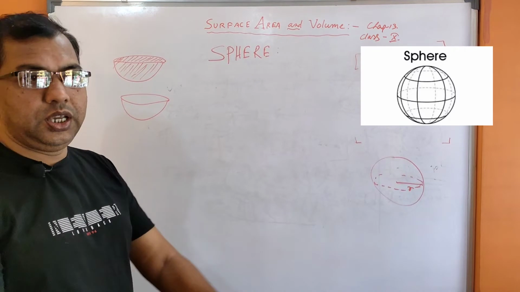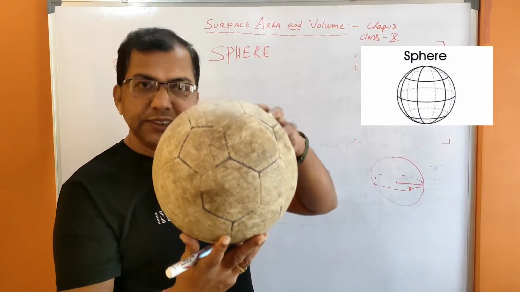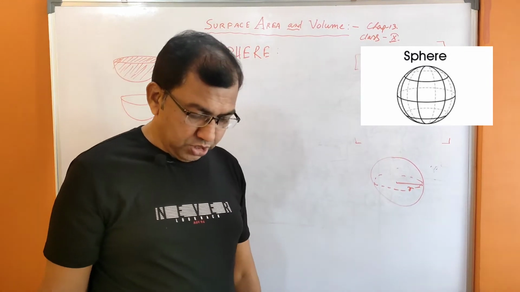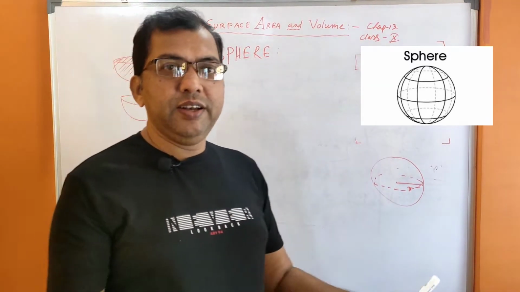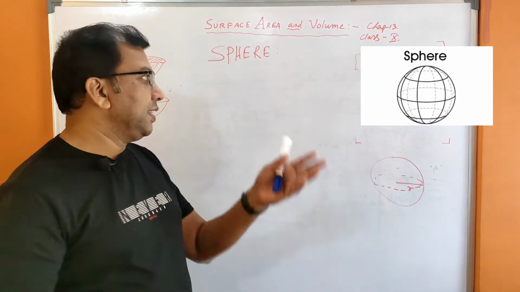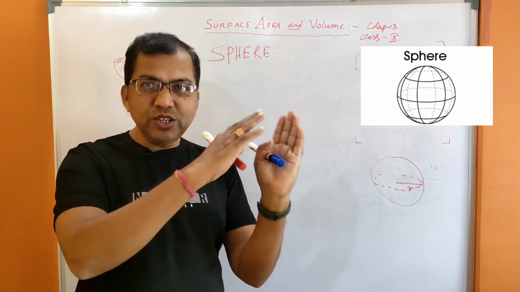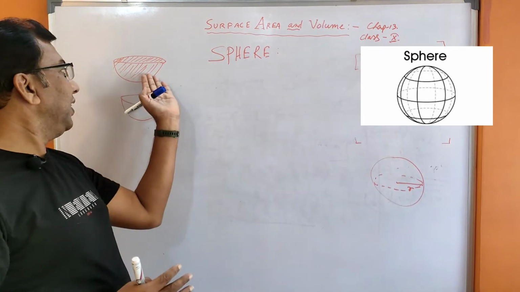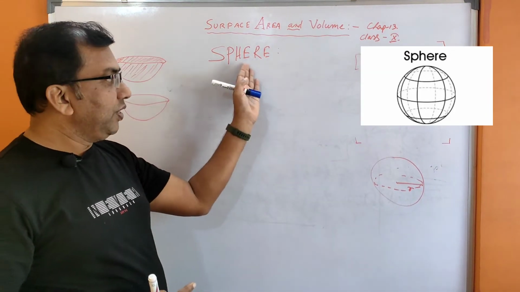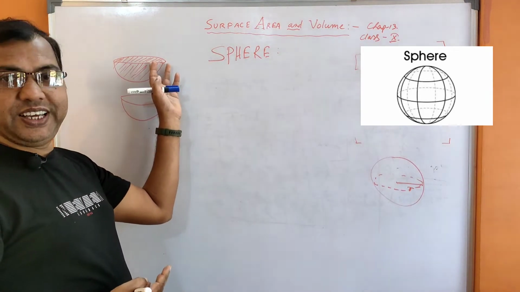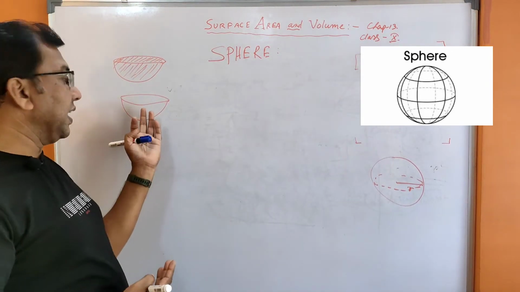Okay, so come. What is this? Football. Let's play football. Clear? We will play a cricket ball. Football, cricket ball. What is this? This is an example of a sphere. If you cut it into two equal parts, that will be a hemisphere. Football, this is the sphere. This is the solid hemisphere, and the hollow hemisphere is a spherical shell.